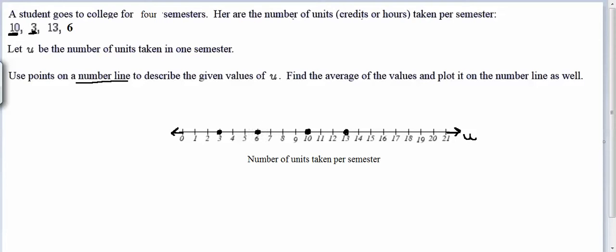Let's take a look at part 2 of the question. Part 2 asks us to calculate the average of the values and then plot it. So remember, to find the average of a group of numbers, there's 2 steps. Let me write that up. To find the average,